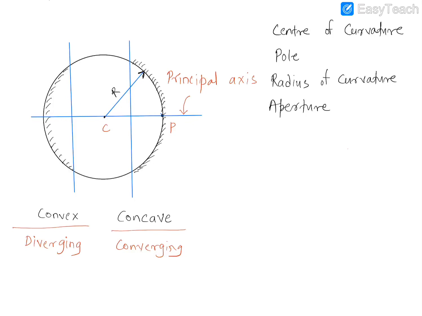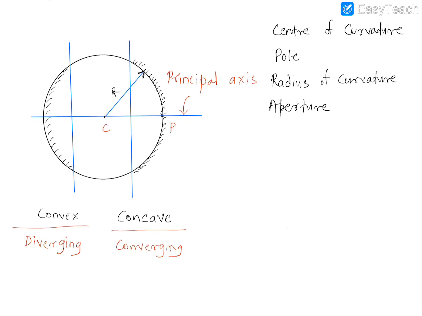So let's say, for example, this is your mirror, and the light falls on this whole mirror. Now what will happen? The light rays will get reflected from here. But what if some part of this mirror was covered? Say I have covered some part of the mirror with paint or something. Then what will happen? Look at the aperture. The size of the aperture will become smaller. So basically only that part of the mirror which is open for the reflection of light, or which can reflect light, is called what? Aperture.